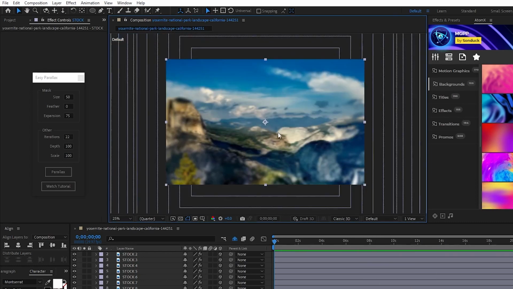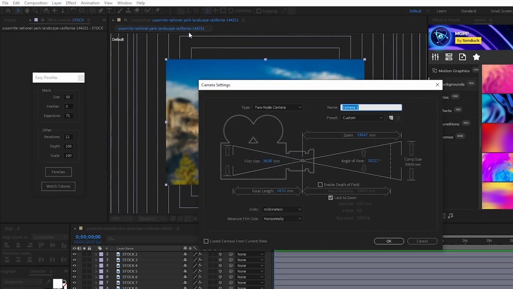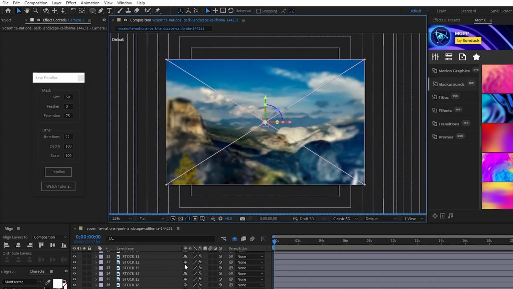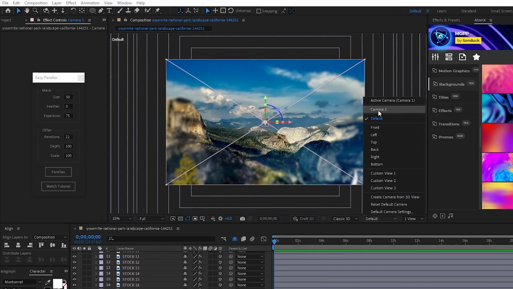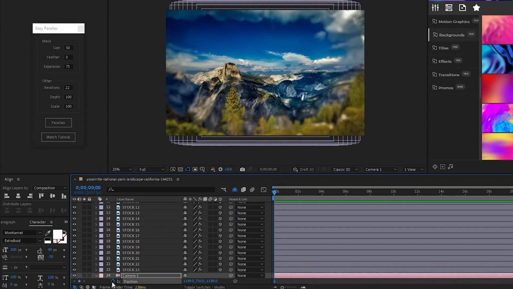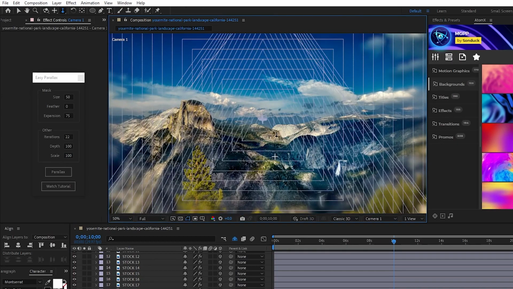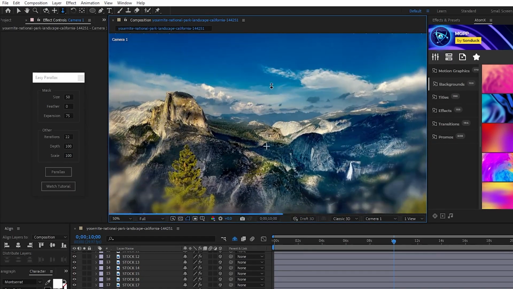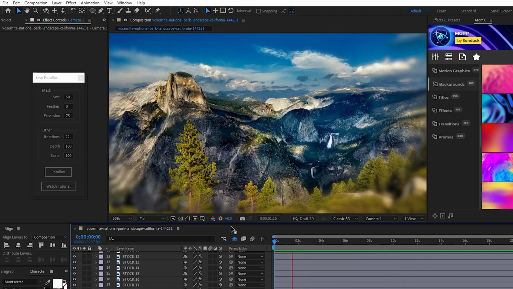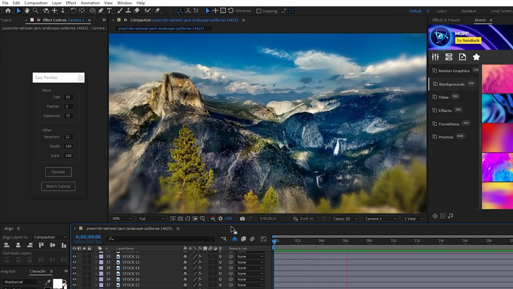To utilize this effect, what we want to do is go to Layer, New, Camera, set the angle of view to 90 degrees, then click OK. Make sure that your view is set to camera 1, highlight the camera, press P for position, set a keyframe, move forward to about 10 seconds on the timeline, then select the dolly tool and click and drag forward to zoom in to the parallax. Now you have a nice animated parallax effect all on a 2D image using the Easy Parallax script.